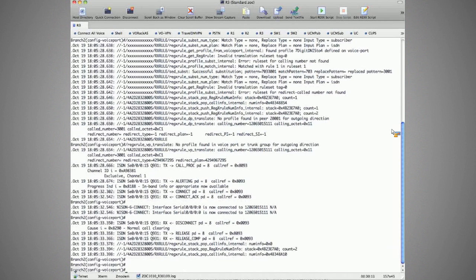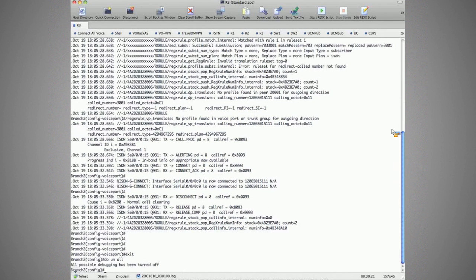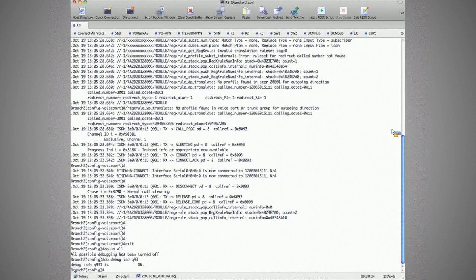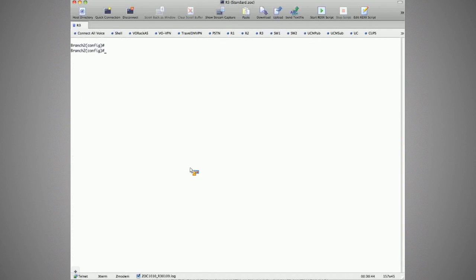Okay, so we'll go ahead and do undebug all and go ahead and do debug ISDN Q931. We still want to see that, but we don't want to see our voice translation debug all the time. I suppose it probably wouldn't be bad. Well, let's go ahead and leave it on. Do debug voice translation. Okay, let's clear our screen, and we're going to jump into